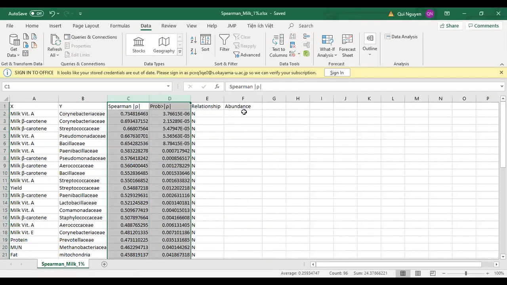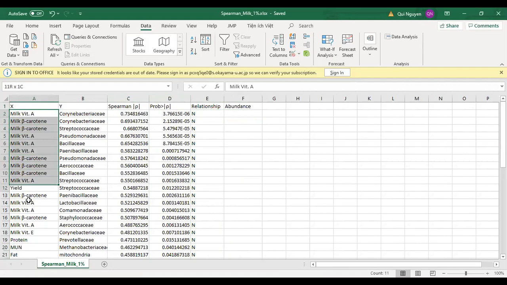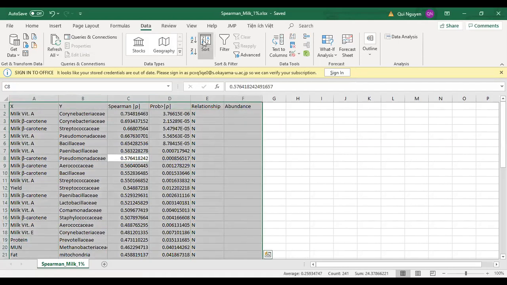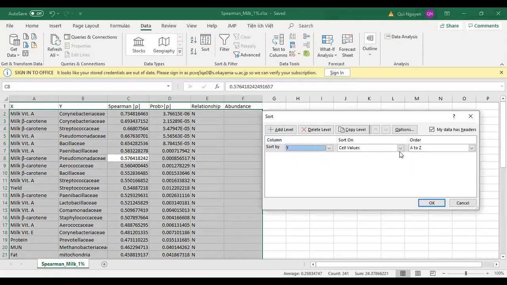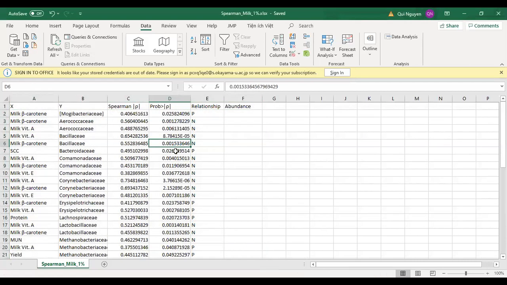And for abundance, here you can see, you can only add it for the milk microbiota. In my case I don't add the concentration, because the concentration of this vitamin in this component is different. So I only add the relative abundance for the milk microbiota. In this case, I sort with Y. Okay, and for milk,